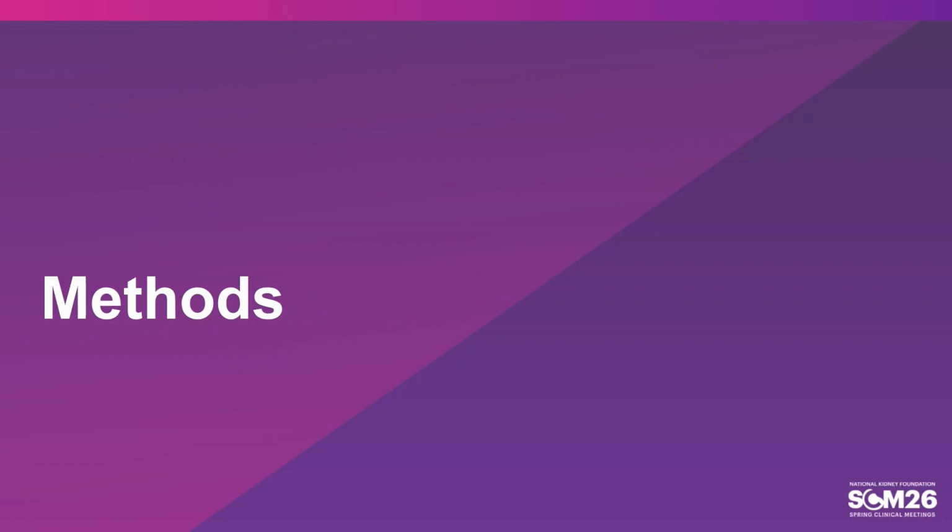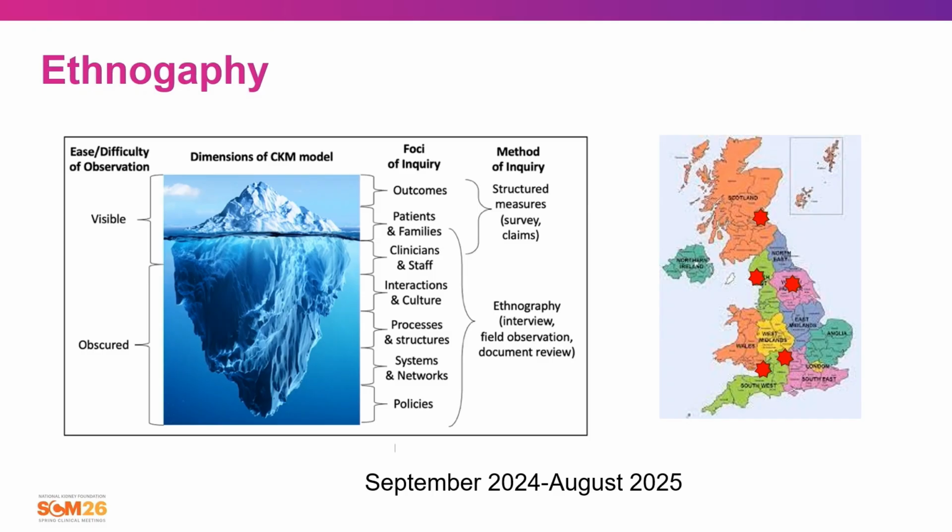what are the key features of their models of conservative kidney management that we might be able to bring to the United States. So I conducted an ethnographic study of 5 exemplar models of conservative management in the UK, and these are illustrated by the red stars on this map. And these models were selected based on consultation with the CKD MAPS investigators, as well as programs that served diverse